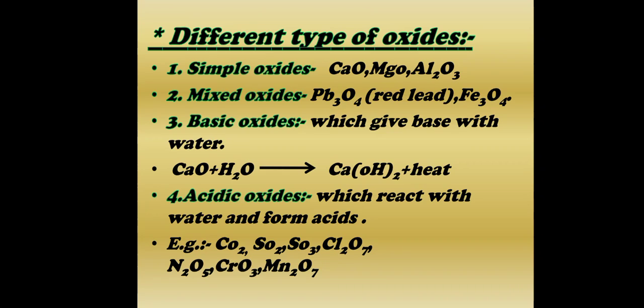Aluminum oxide is an amphoteric oxide, as you have studied in 10th also; it reacts with acid as well as base. But mainly, if we talk about basic oxides, they react with water and form the base. So they will be from the alkali or alkaline earth metals. Acidic oxides, from p block elements mostly, react with water and form the acid. That means carbon dioxide reacts with water giving you H2CO3, SO3 reacts with water giving you H2SO4, SO2 reacts with water giving you H2SO3 and so on.